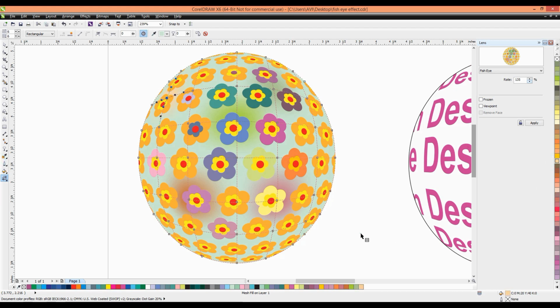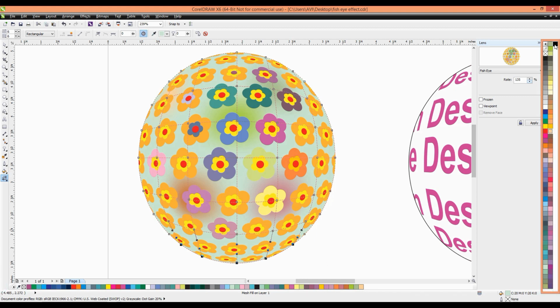Or for shading, we have to select nodes. We can also select many nodes simultaneously, and go to the black color. When we press Ctrl and click on the black color, it will create a shading effect from darker to lighter.